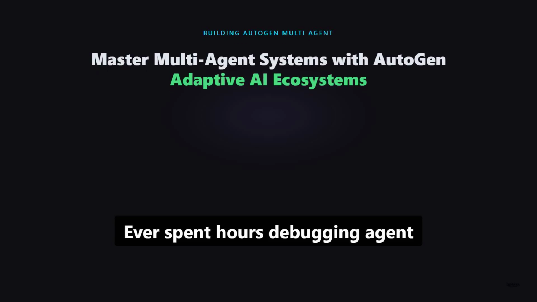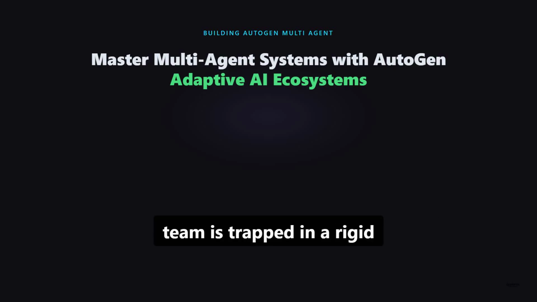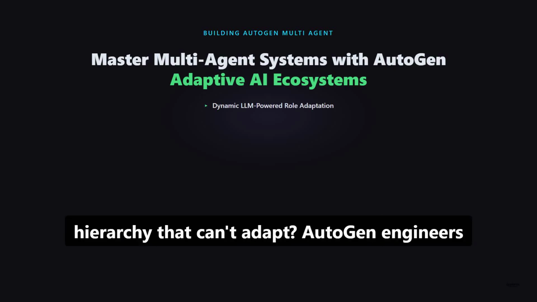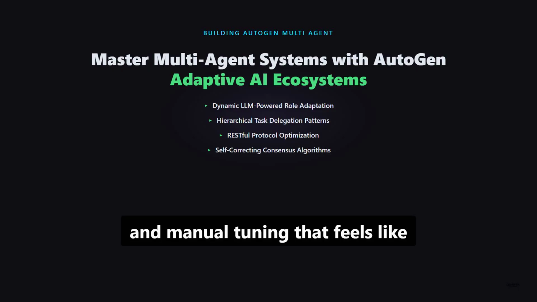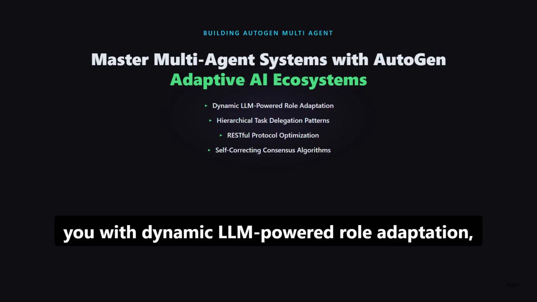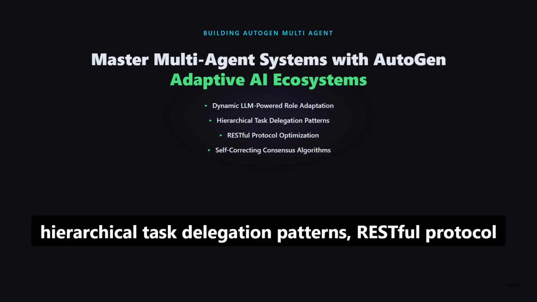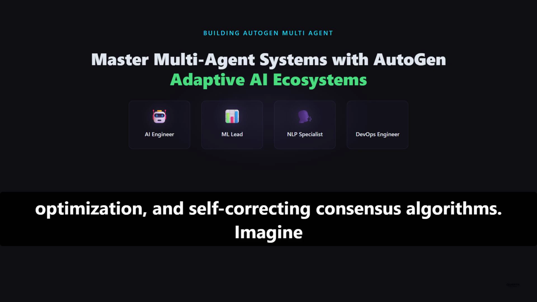Ever spent hours debugging agent communication only to realize your AI team is trapped in a rigid hierarchy that can't adapt? Autogen engineers face chaotic coordination, brittle message routing, and manual tuning that feels like herding cats. This skill arms you with dynamic LLM powered role adaptation, hierarchical task delegation patterns, RESTful protocol optimization, and self correcting